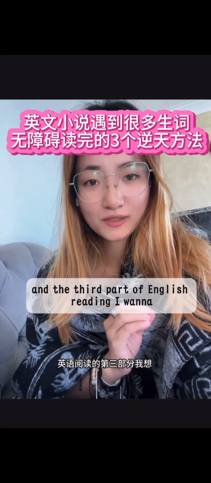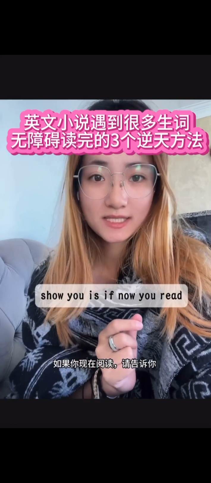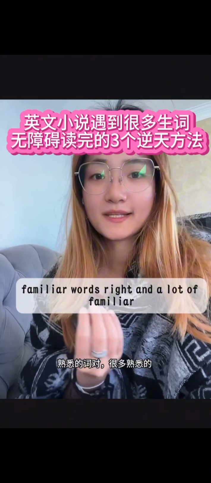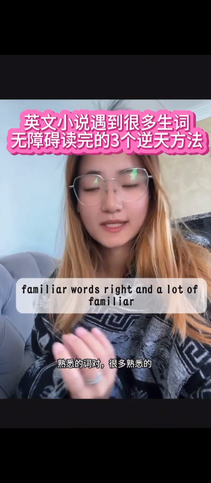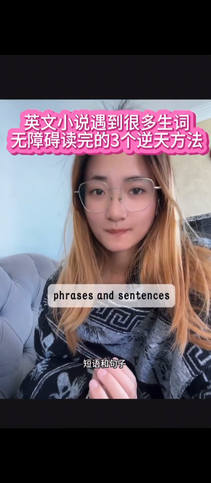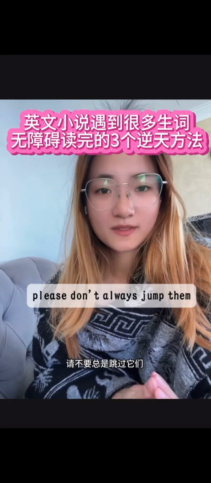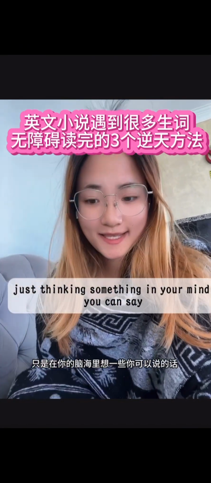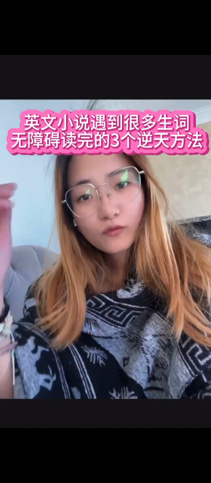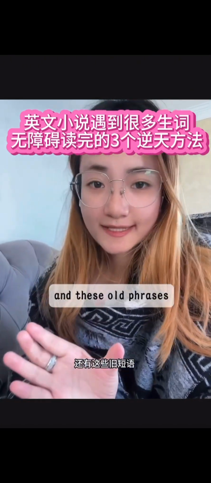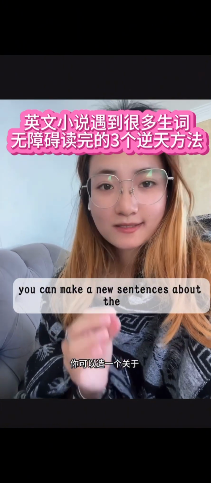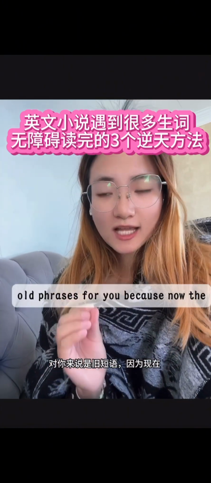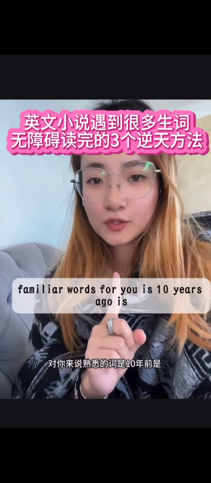And the third part of English reading I want to show you is: if you now read a lot of familiar words, familiar phrases and sentences, please don't always skip them. You can sometimes think something in your mind. You can say, wow, this new phrase and these old phrases. You can make new sentences with the old phrases,